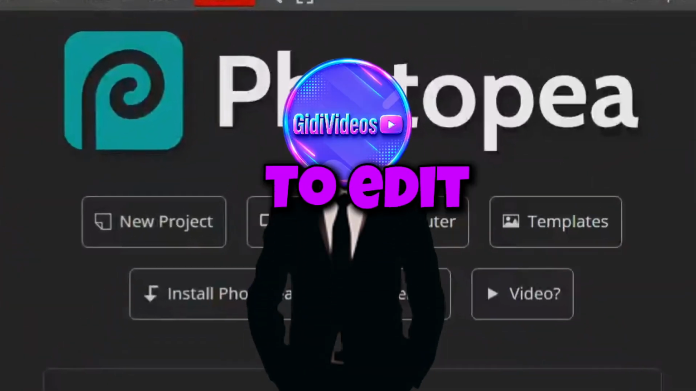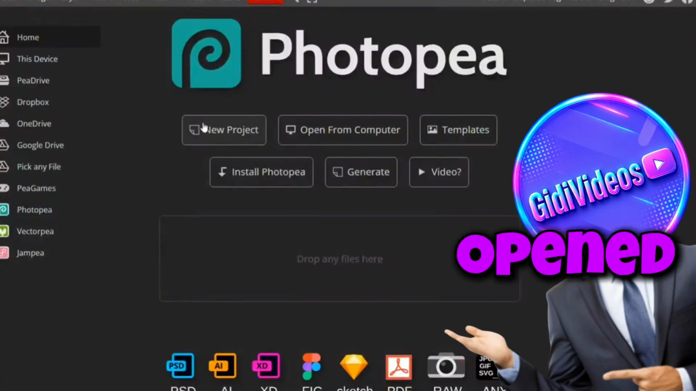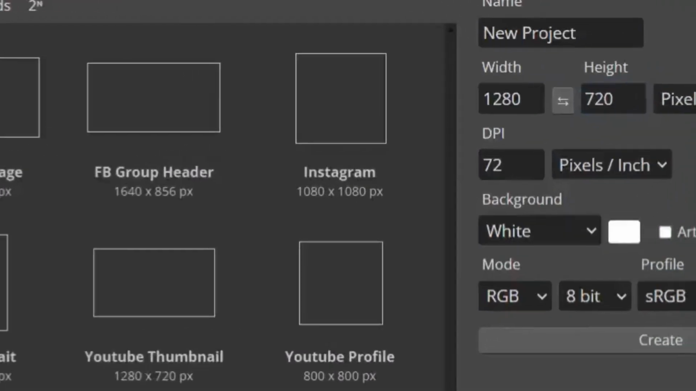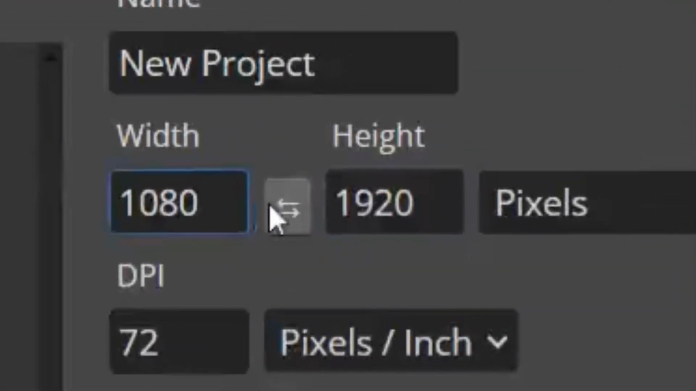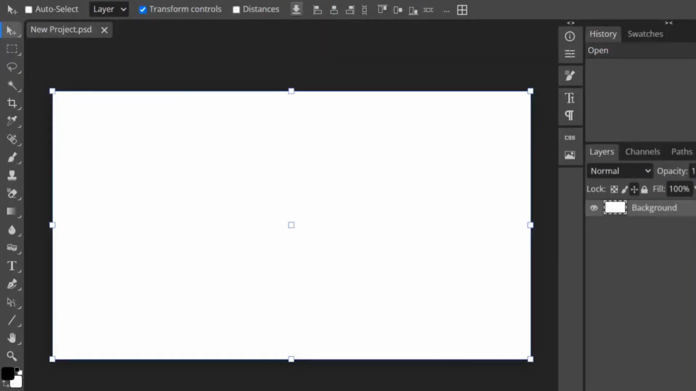Today I'm going to show how to edit thumbnails with Photopea. So as you can see, I have Photopea opened, and now click New Project and select 1920 width, 1080 height and create. Now put all your layers